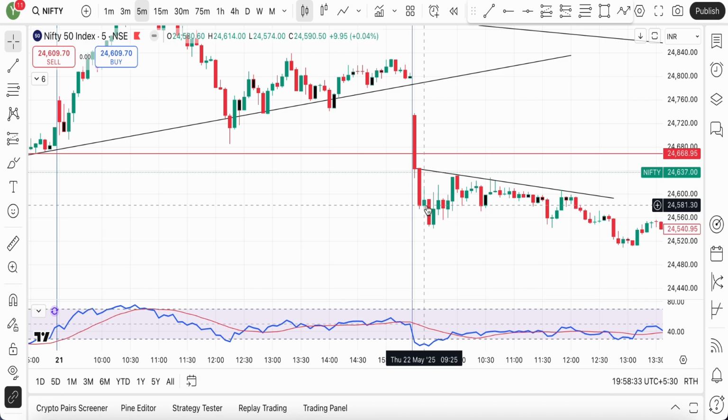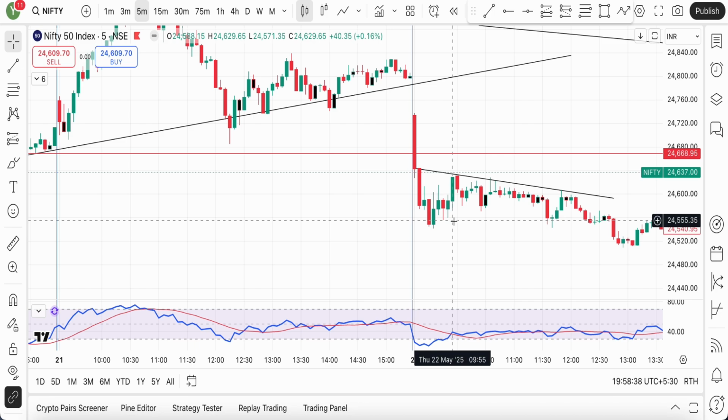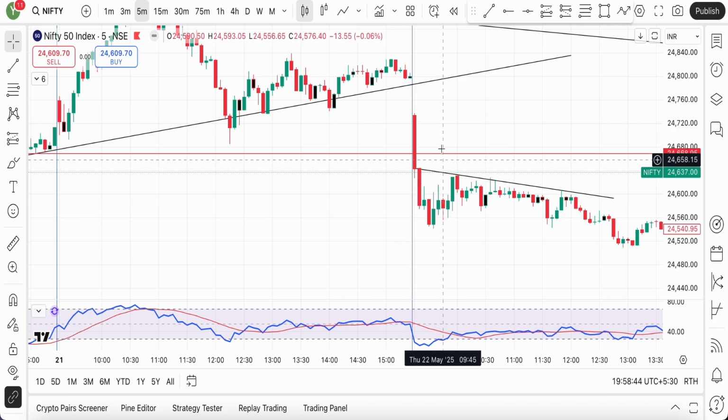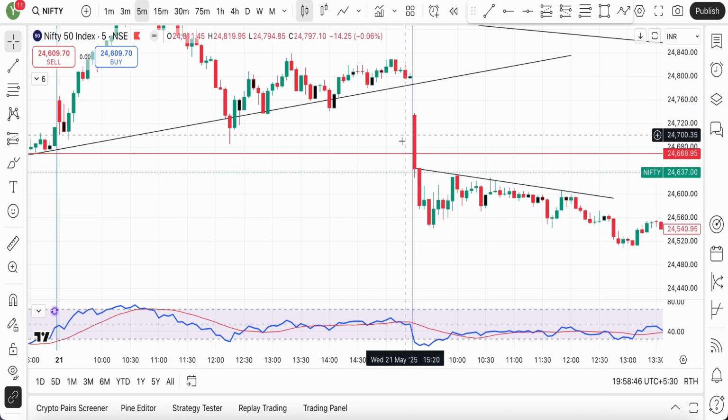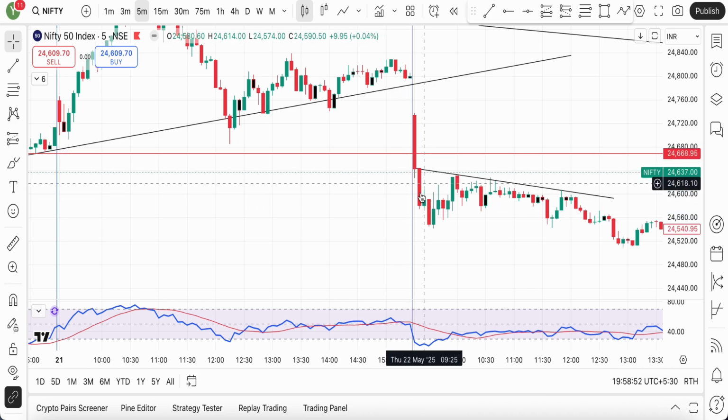So for me, this is not a pullback candle. Now, try to understand what a pullback candle is. A pullback candle is not simply any opposite color candle in the trend. When you are looking for a bearish entry, we are planning a bearish trade around the break of the previous day's low, and we need a pullback. The pullback needs to be any opposite sentiment candle,